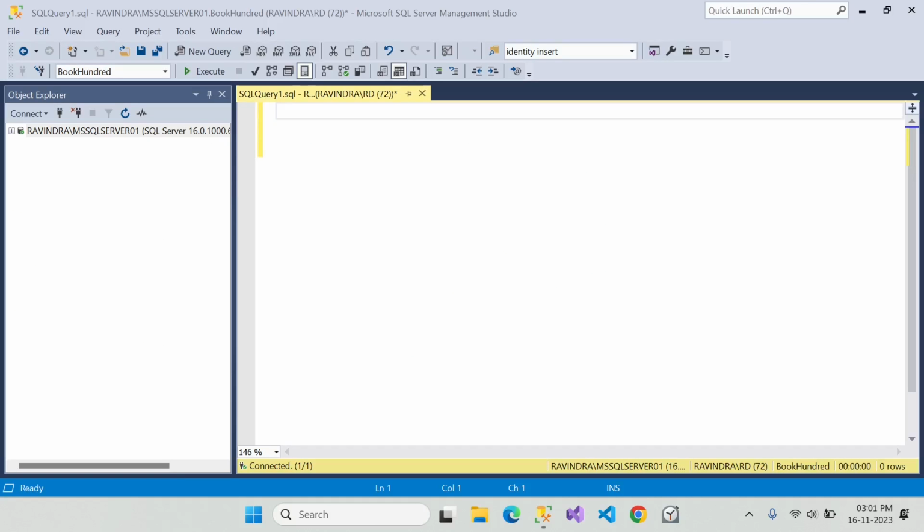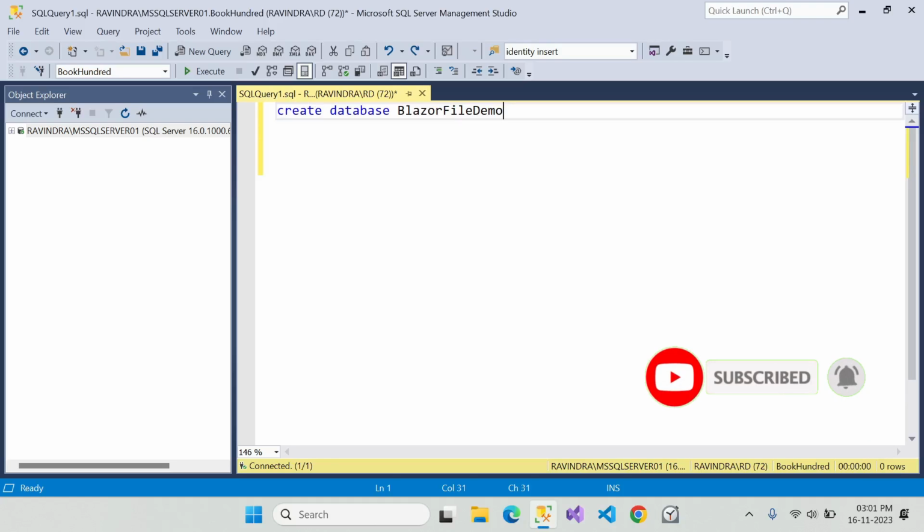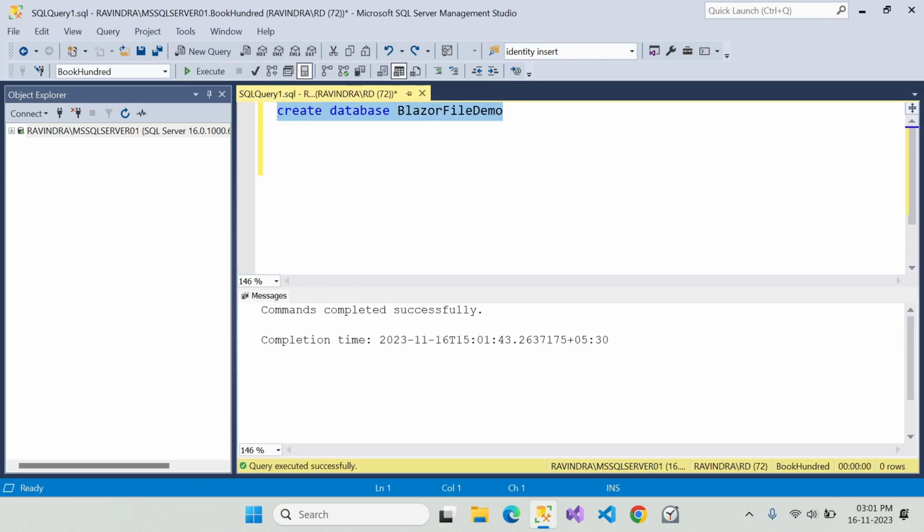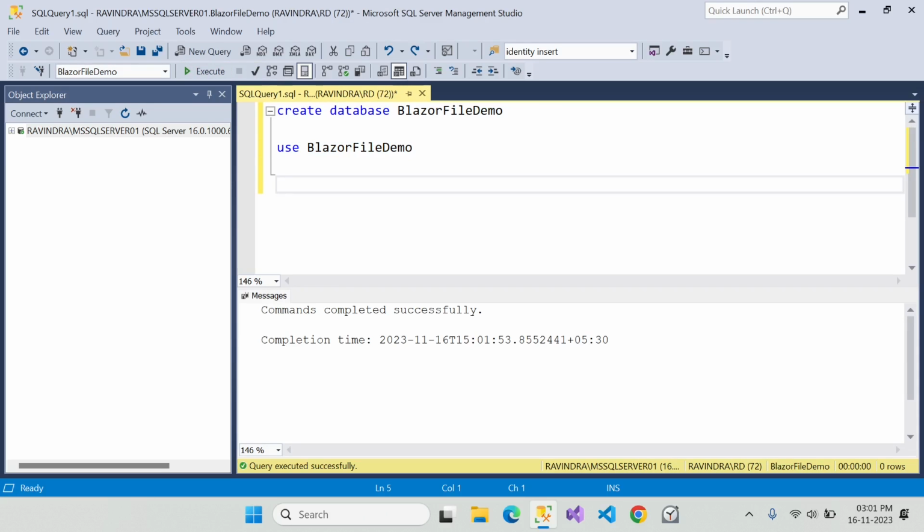So first of all, we are going to work with the database, and we will create a database here. So create a database named BlazorFileDemo. So let's create it, and after that we will use this database. Okay, so here we will execute this line, use BlazorFileDemo, and after that we will create a new